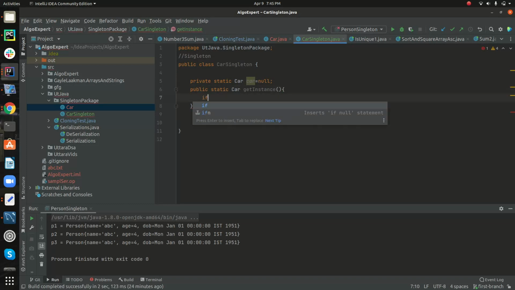So here, if car is equal to null, I will create the